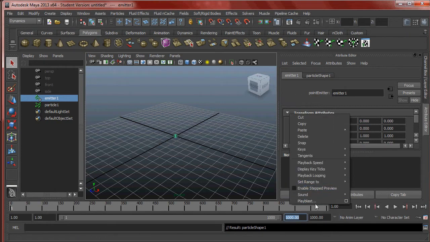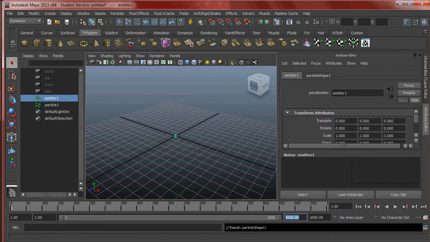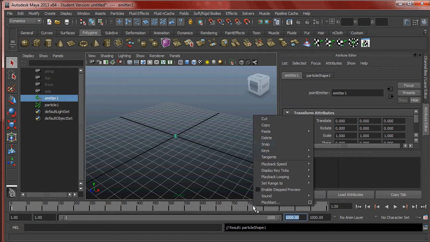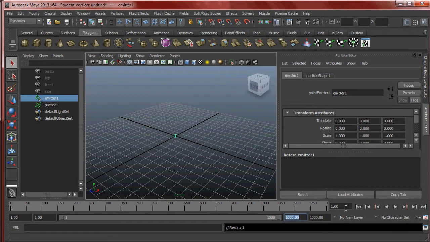After I set my frames up, I'm going to go to playback speed, and I'm going to make sure I'm in real time. Again, I right clicked on top of the timeline, brought up play speed, and make sure we're in real time here. Some particle systems will not play in anything other than real time. Alright, so I'm on frame 1,